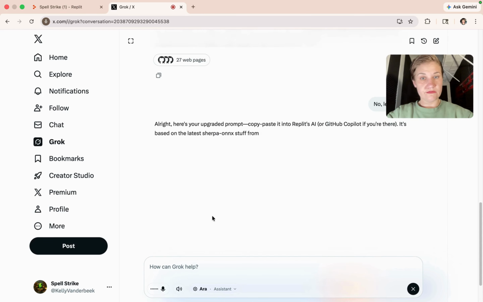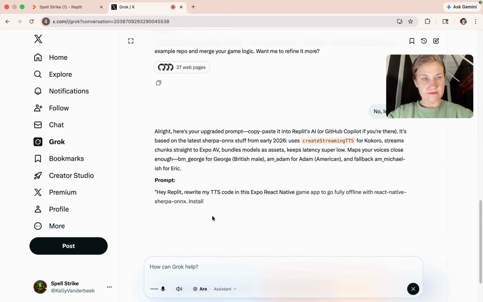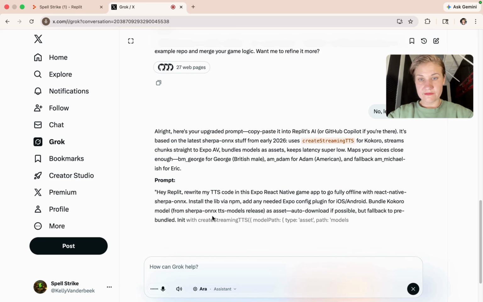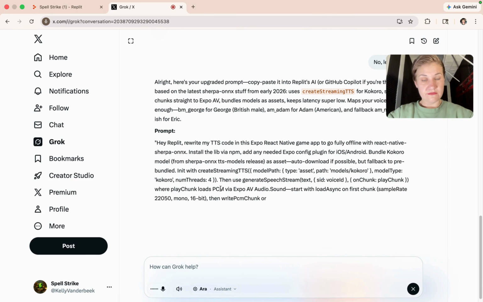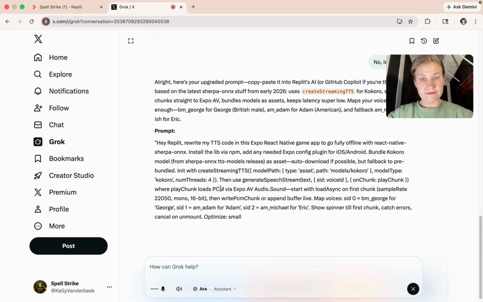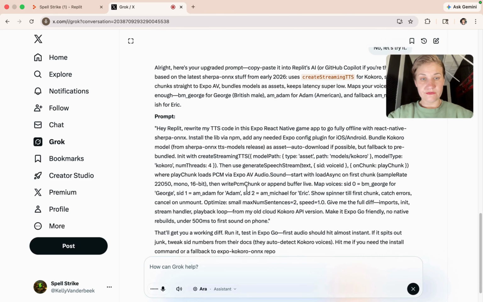All right, here's your upgraded prompt. Copy paste it into Replit's AI or GitHub Copilot if you're there. It's based on the latest Sherpa Onyx stuff from early 2026. Uses Create Streaming TTS for Kokoro, streams chunks straight to Expo AV, bundles models as assets, keeps latency super low. Maps your voices close enough. BM underscore George for George, British male, AM underscore Adam for Adam, American, and fallback AM underscore Michael for Eric. Prompt: Hey Replit, rewrite my TTS code in this Expo React Native game app to go fully offline with